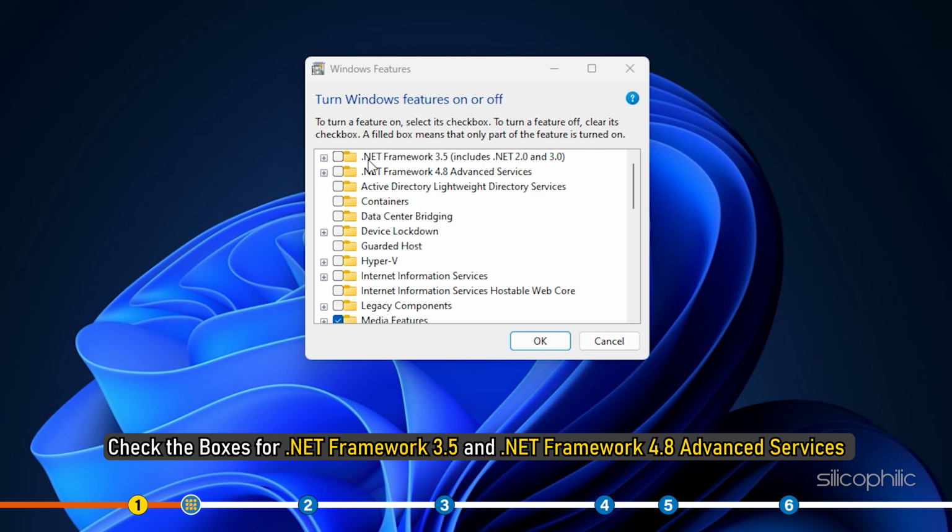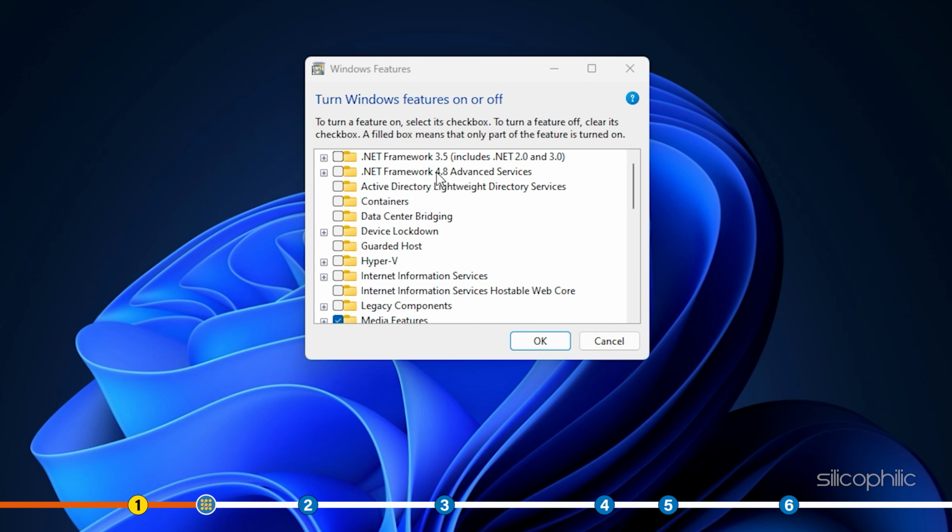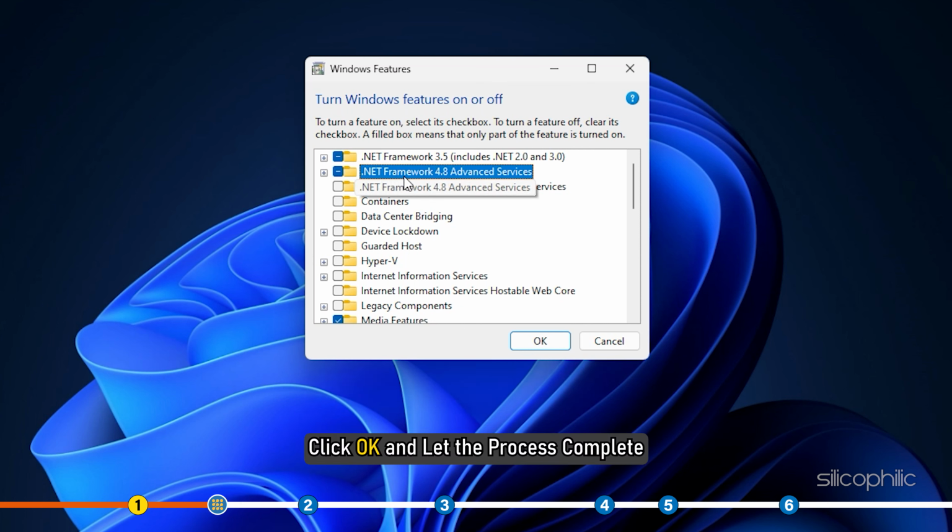Check the boxes for .NET Framework 3.5 and .NET Framework 4.8 Advanced Services in the Windows Features window. Click OK and let the process complete.